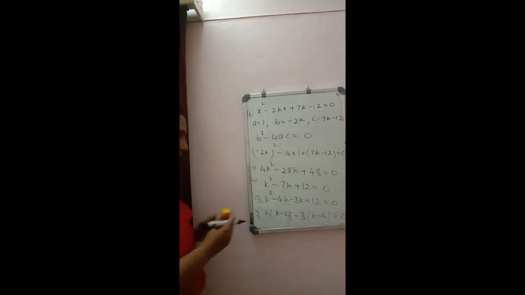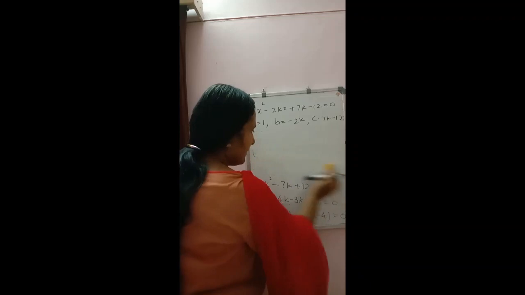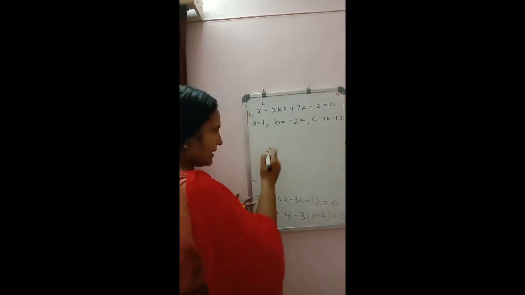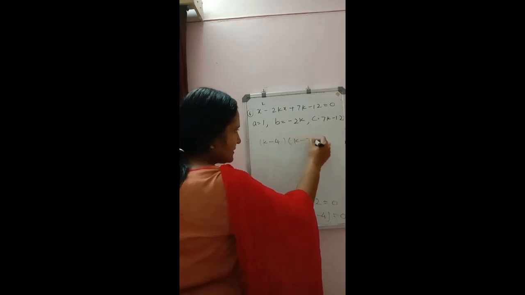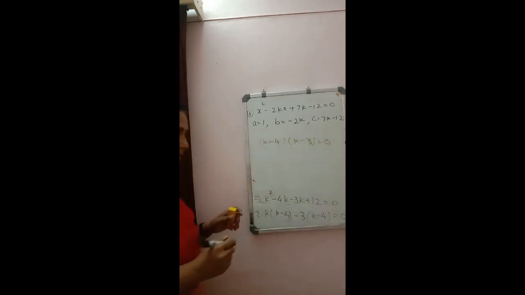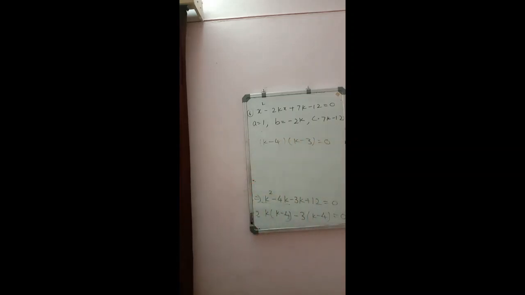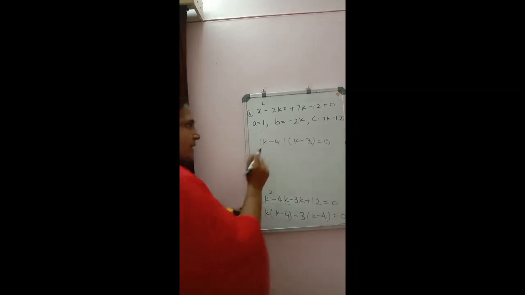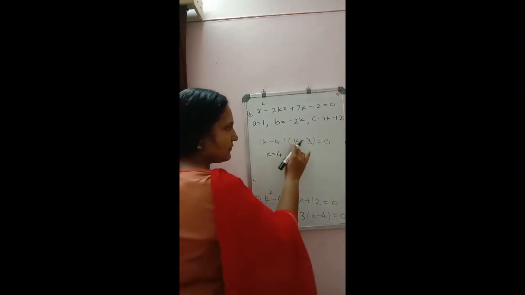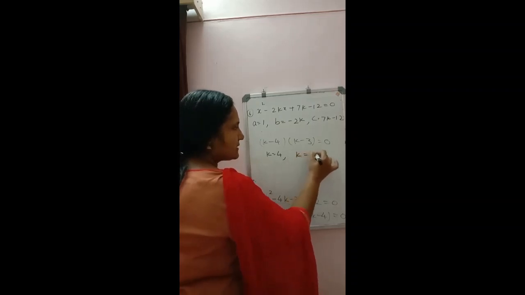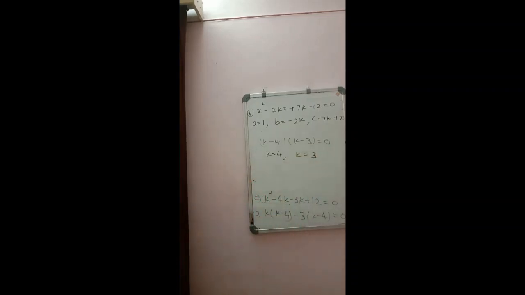So we are getting two values there. K minus 4 is a common factor, we can take outside. K minus 4 into k minus 3 is equal to 0. So again, product of two expressions equal to 0. This is possible when one of the values should be equal to 0. So either k minus 4 is equal to 0, then we will get k is equal to 4, or k minus 3 is equal to 0, then we will get k is equal to 3.